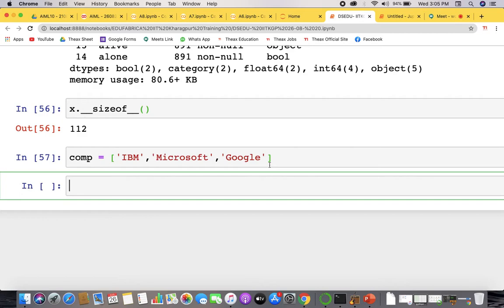Whenever a new company comes, or whenever you want to add any new thing in a list, you have 3 options: append, extend, and insert.